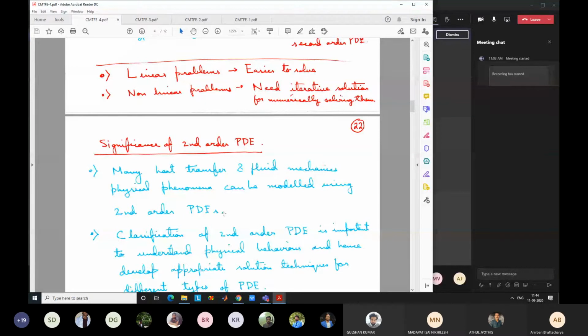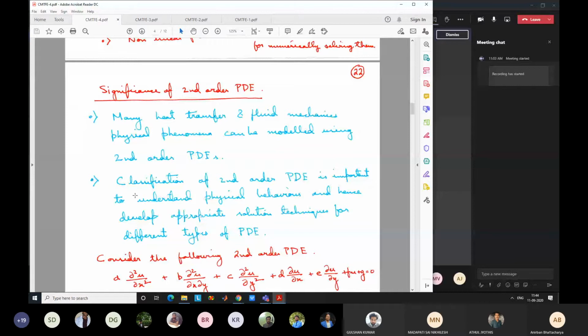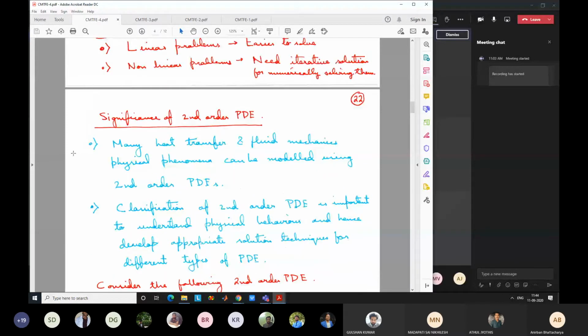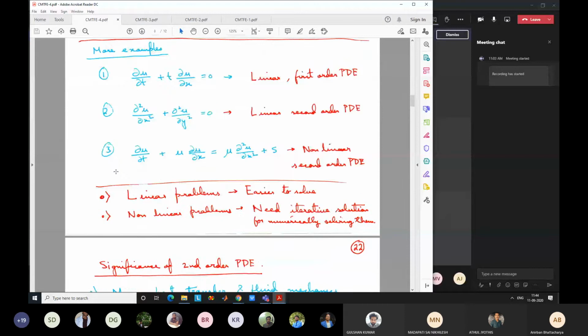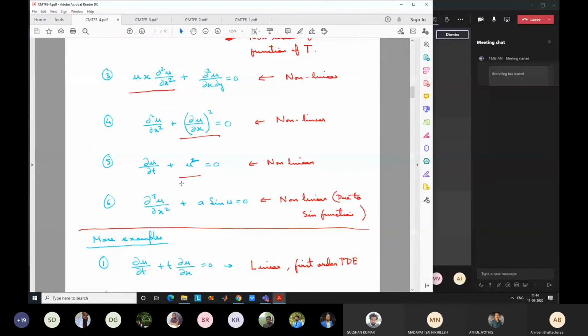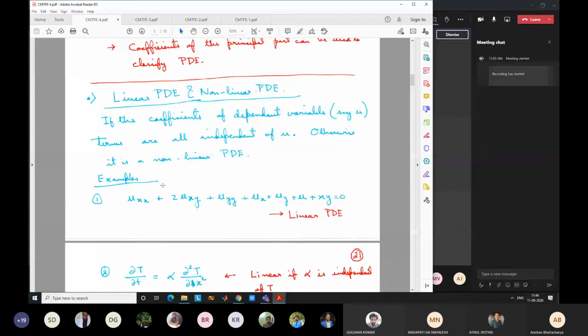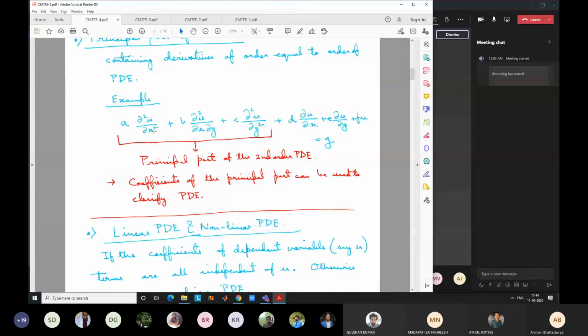Second order PDE, what was the second order PDE? This type of PDE. Okay. Or in general, we have seen one PDE. This is a general form of a second order PDE. You have a function u, the dependent function, which varies on two independent variables x and y. There can be derivatives with respect to both x and y, and there are some second order derivatives. Here you can see in general form we can have three types of second order derivatives: second order derivative with respect to x only, second order derivative with respect to y only, and the mixed derivative with respect to both x and y.